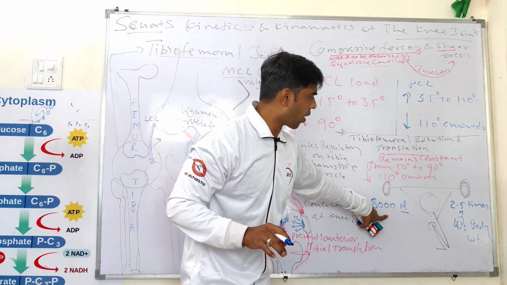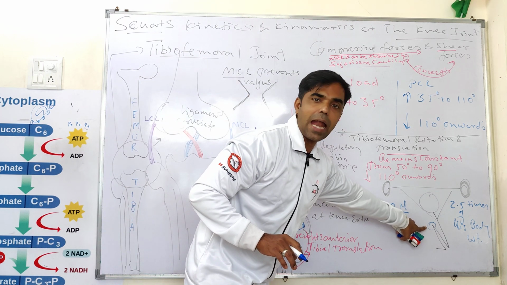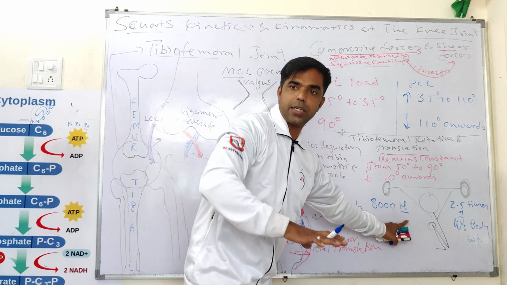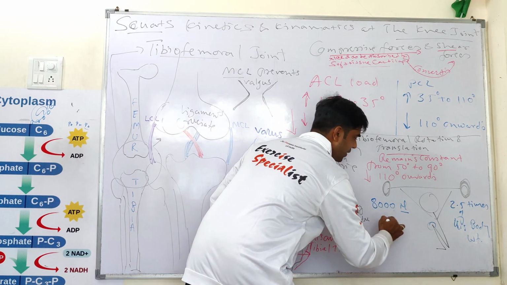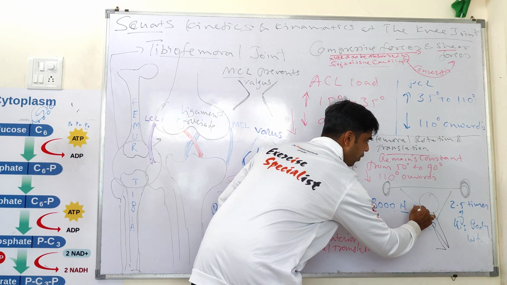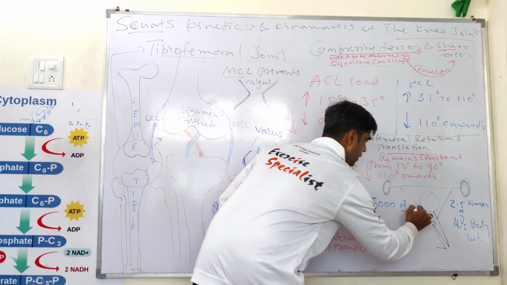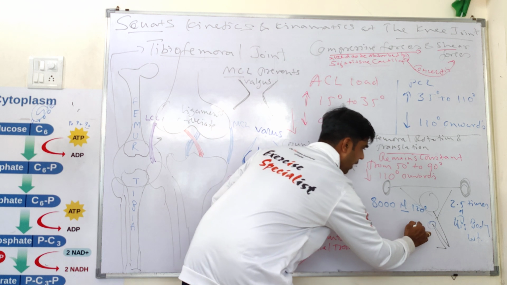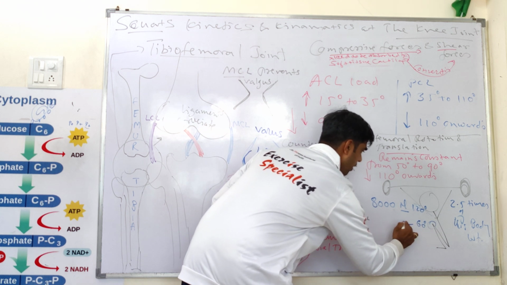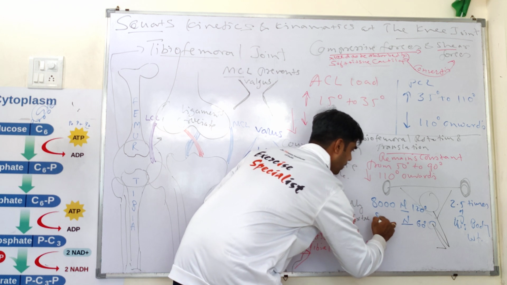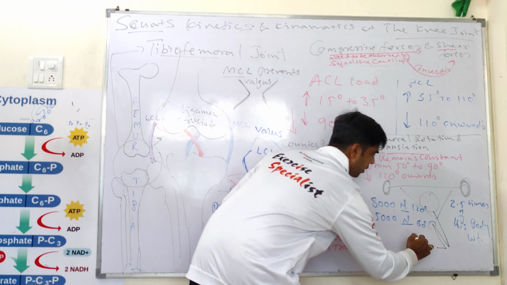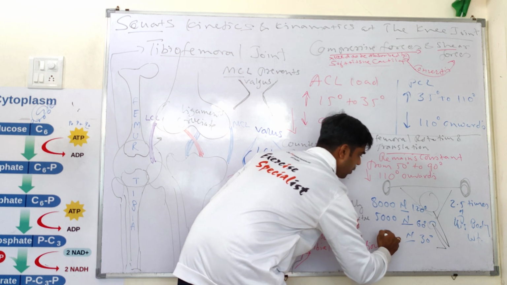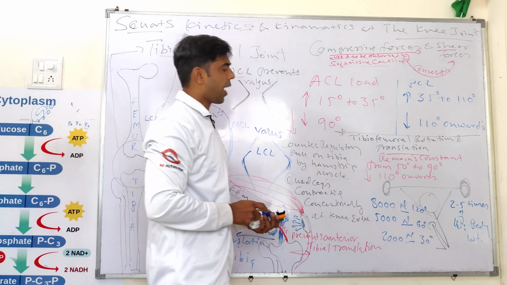So in deep squat, the forces at the knee joint were 8,000 Newton meters, and when he went into the ascent phase, this was from 120 degree onwards, right? At 60 degree, forces reported decreased to 5,000 Newton meters, and at 30 degree the forces declined to 2,000 Newton meters, right?